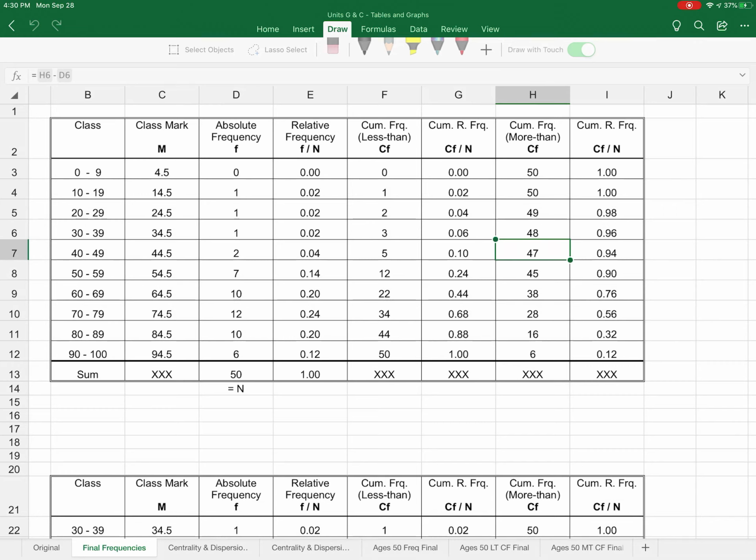Well, there are probably two ways to do this. One way would be to take the lowest class that has a non-zero frequency. So that would be the 10 to 19 here, which has a frequency of 1. And then take a look at the highest class that has a non-zero frequency, and so that would be 90 to 100. And there are two possible ways that you could do it. You could take the difference of the class marks, so 94.5 minus 14.5